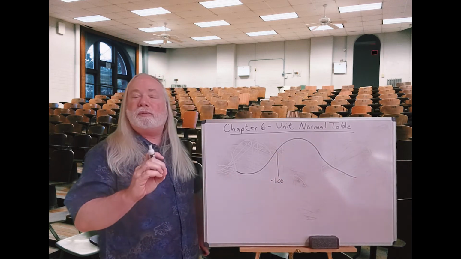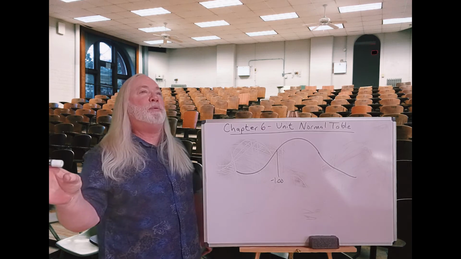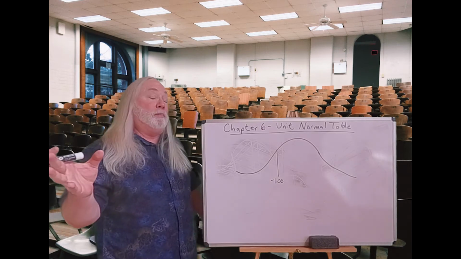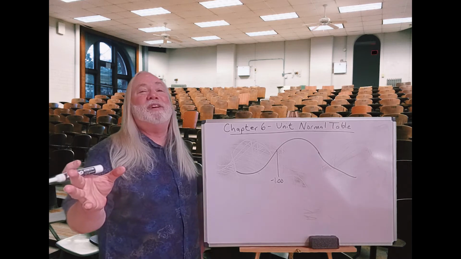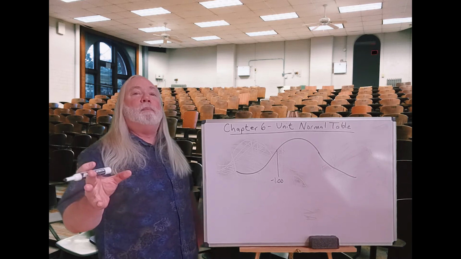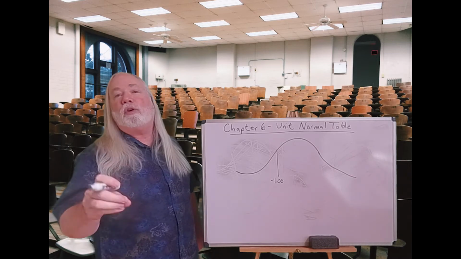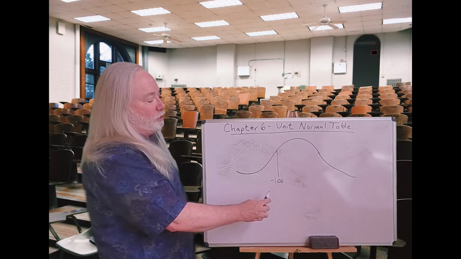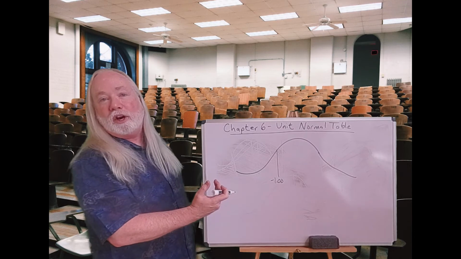Remember, proportions and percentages have to be positive. You can't bring me negative 4% of a pie, right? You can bring me none, but you can't bring me a negative slice of pie. So proportions and percentages are always positive. Z's can be positive or negative. Remember, it's an address. Negative just says we're living on the left side of the curve, or on the left